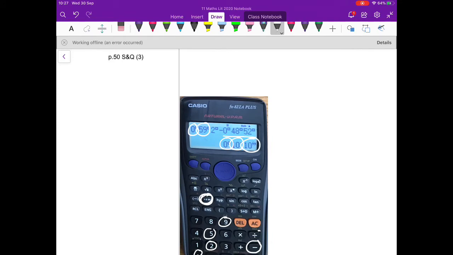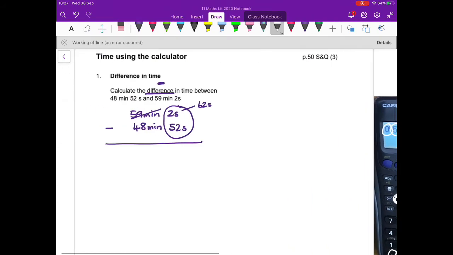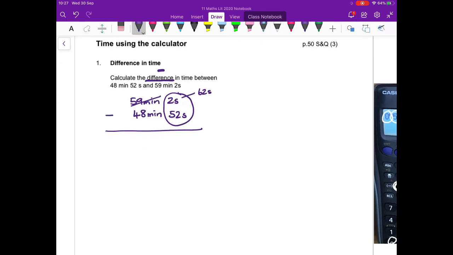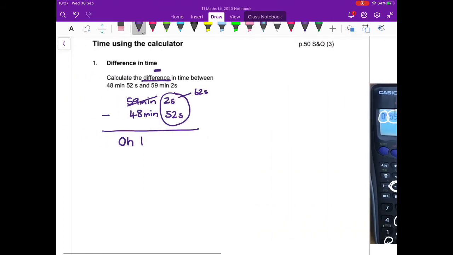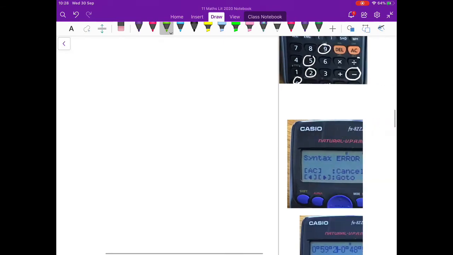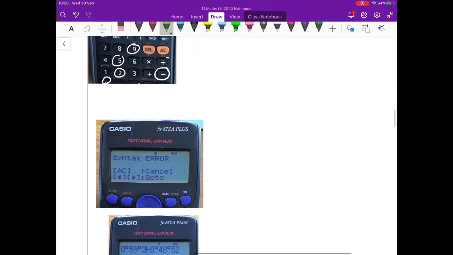Now if you put it in the calculator, or if you put it as the calculator stipulates, you will be penalized quite heavily. So we have 0 hours, 10 minutes, and 10 seconds. You have to convert the degrees, minutes, and seconds, which is used in geography, to hours, minutes, and seconds. I want to show you that when we're doing this, and I'm sure you've come across it before,